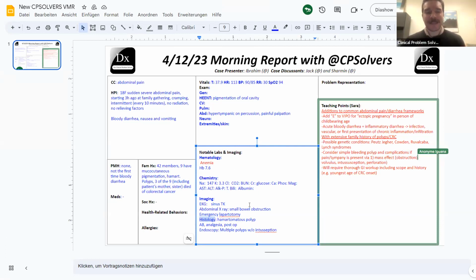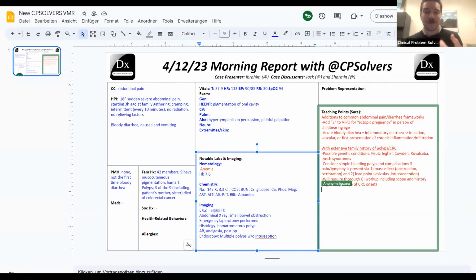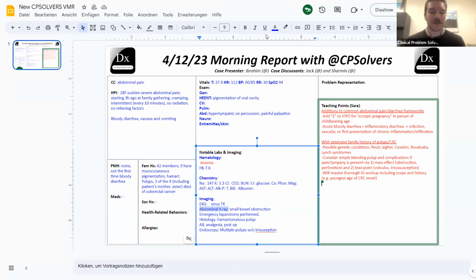Yeah, I think it's both a surprising and an unsurprising turn, right? Surprising in the setting of thinking about somebody so young presenting with a small bowel obstruction, but in looking through the background risk factors here, it makes perfect sense. One of the things that I'm super curious to learn from Ibrahim is what they thought the underlying mechanism of the small bowel obstruction was. Was it just that the polyp was so big that it blocked off the GI tract, or if it served as a possible anchor point for the small bowel to twist around itself or cause some other abnormal kink that ultimately led to the small bowel obstruction?